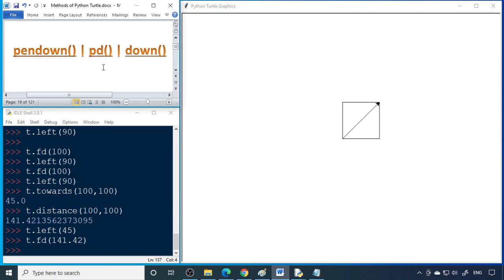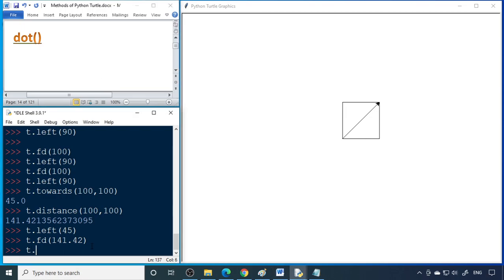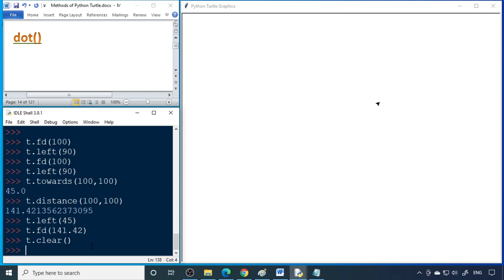Pen down and pen up is important when you're drawing. Now if I say T dot clear here, you can see that the cursor is still there. That means the turtle is still available in the same location.